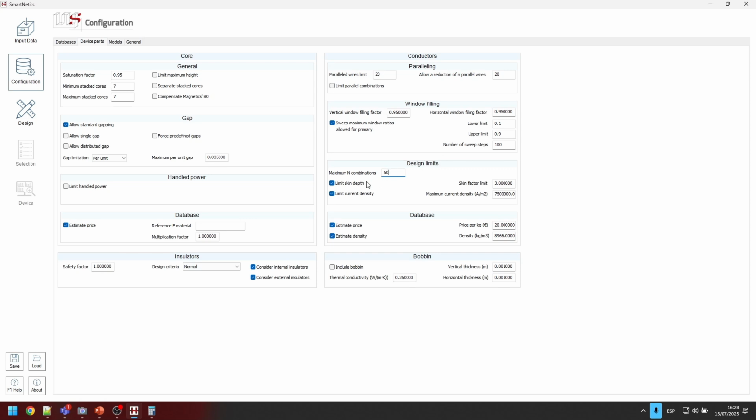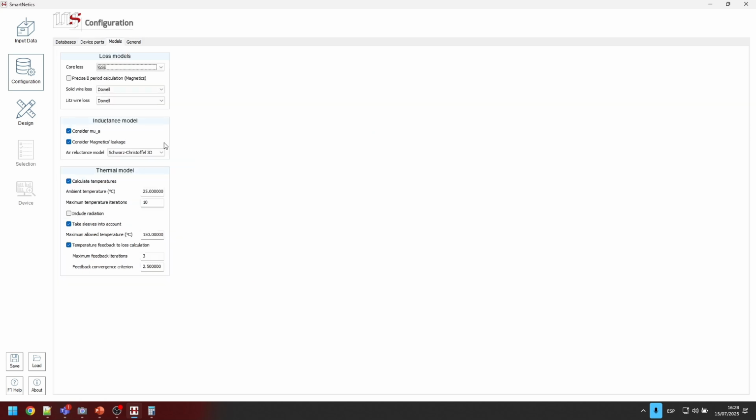And I don't know if they took into account the skin depth, so I'm not going to use that restriction. And I don't know if they took into account the current density as a limitation, so I'm going to take that out as well, okay? And also, at this moment, I don't know the current or voltage they used in the past, so I don't care about the temperature calculation, because I only used like 1 volt and 1 amp. It makes no sense to do that calculation, okay?